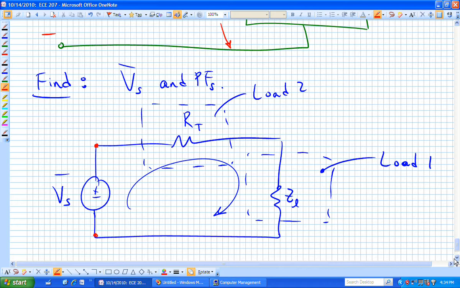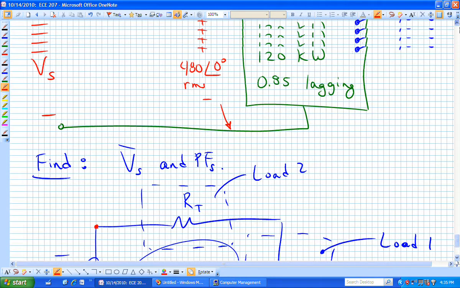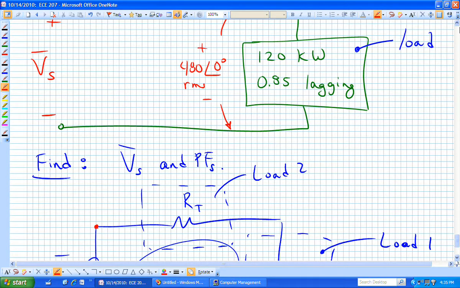We don't have to worry about the capacitive component. We're now told the relationship between the imaginary part and the real part by the power factor number. Now that we know the power factor is 0.85, you could now find the angle associated with the complex power of that load